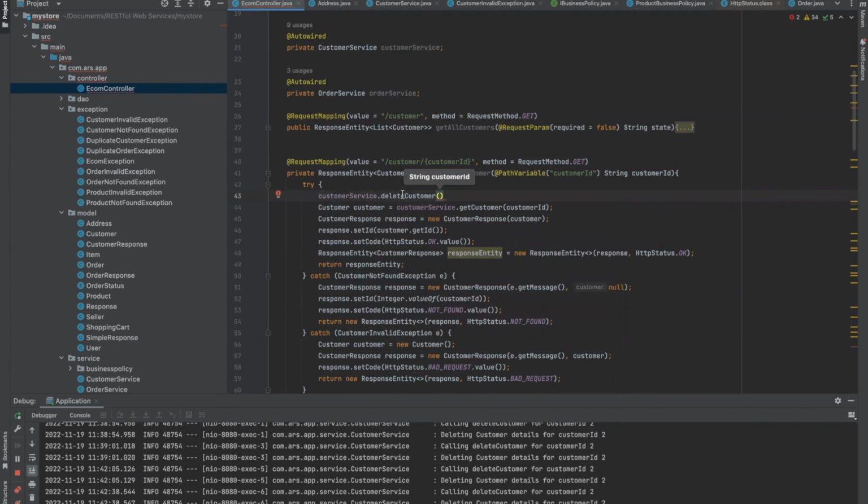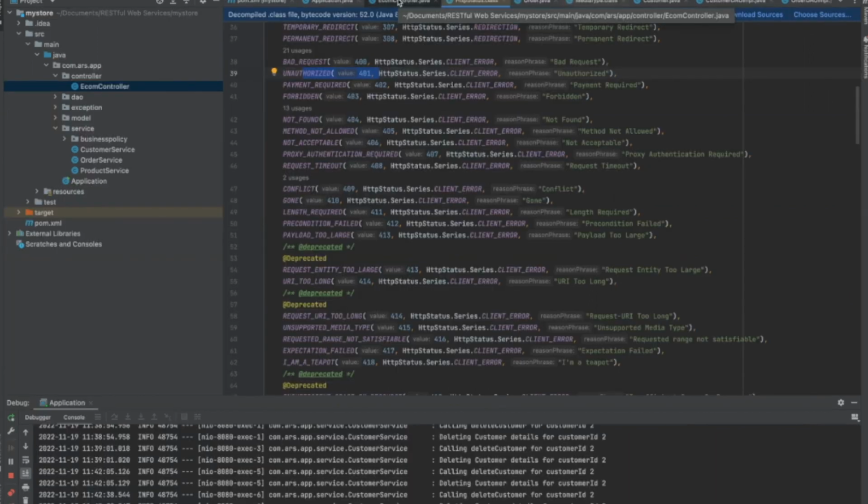Obviously we can do that, but is this the correct way of implementing? There are certain standard templates which need to be followed. Obviously we can do that, but